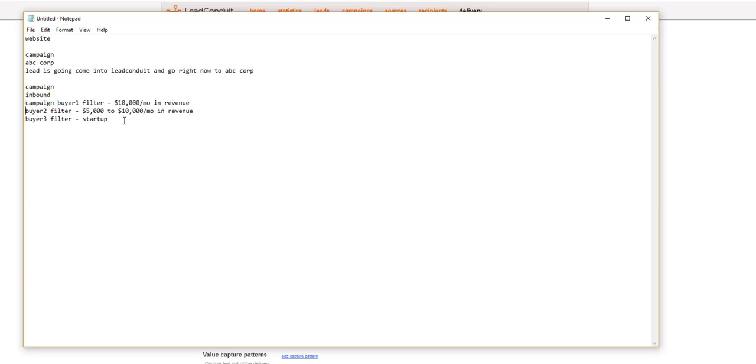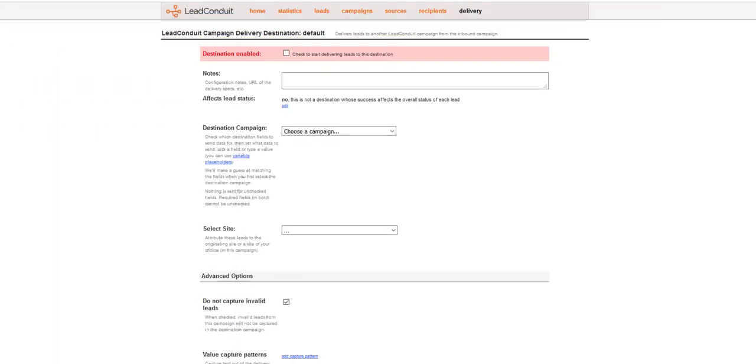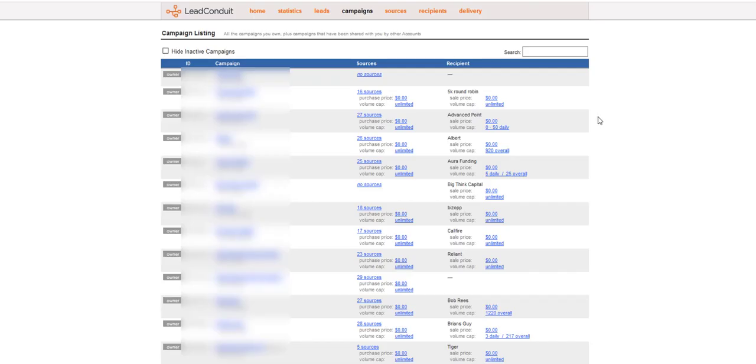I mean, each buyer, now you go in here and you create a separate campaign for each one. That means you go to campaigns, new campaign, and you call it buyer one. Campaign, new campaign, buyer two, buyer three, and you set it all up. Now you can copy a campaign. So that means in your campaign list, there is going to be a button that allows you to copy a campaign. So if you already have a campaign done, you already did all the work, and you kind of want to do it all over again,